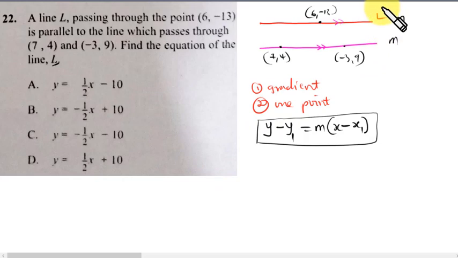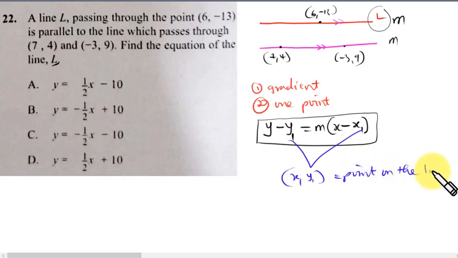So we are finding the equation of the line L. Now this that we see here, that is y1 and x1. Now (x1, y1) is a point on the line, a point on the line L. Now on the line L, we have this point. So this means that (x1, y1), we know, and that is (6, -13). So if we are to put it into this equation, we know y1 and x1,